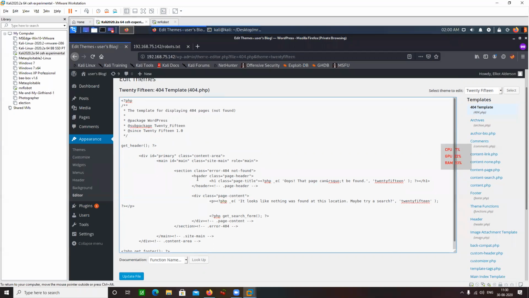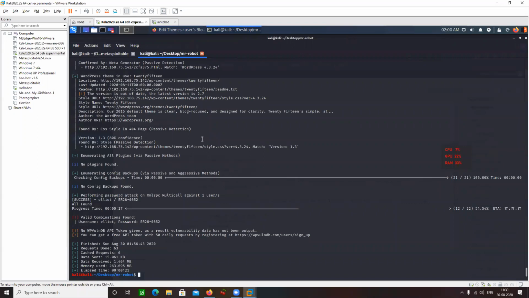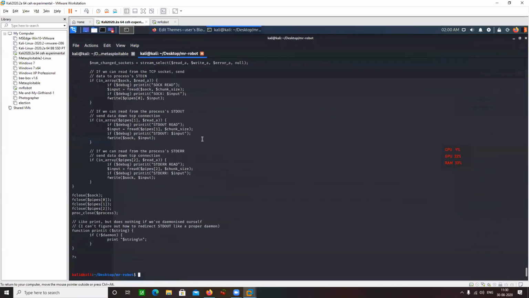Okay, great. So let's get my reverse shell. By default, the reverse shell is going to be found by doing cd /usr/share/webshells/php, then cat php-reverse-shell.php. That's the location. This is the reverse shell.